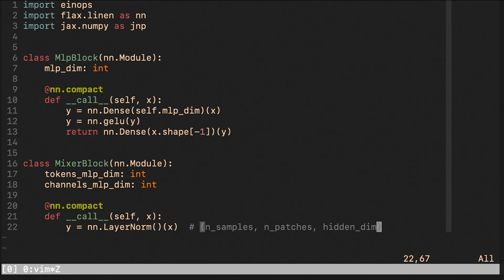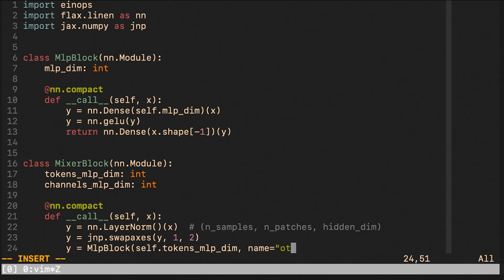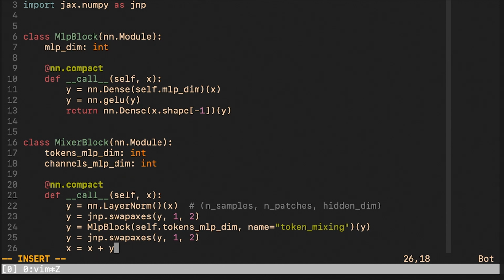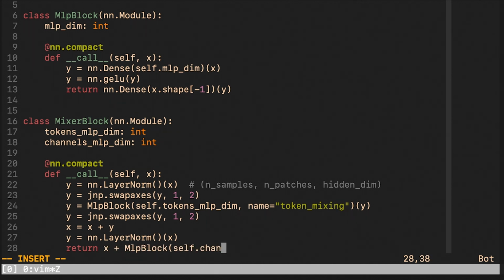First of all, we apply layer normalization. Here we swap the patch dimension and the channel dimension, and we do it because we are getting ready to do token mixing. And as described, it is the last dimension that matters when it comes to applying the dense or the linear layer. All right, so we perform token mixing, and then we swap back to have the original shape. And we take the resulting tensor and add it to the input as a residual. We again apply the layer norm, and we do channel mixing, and we take the result and add it as a residual, and that's it.